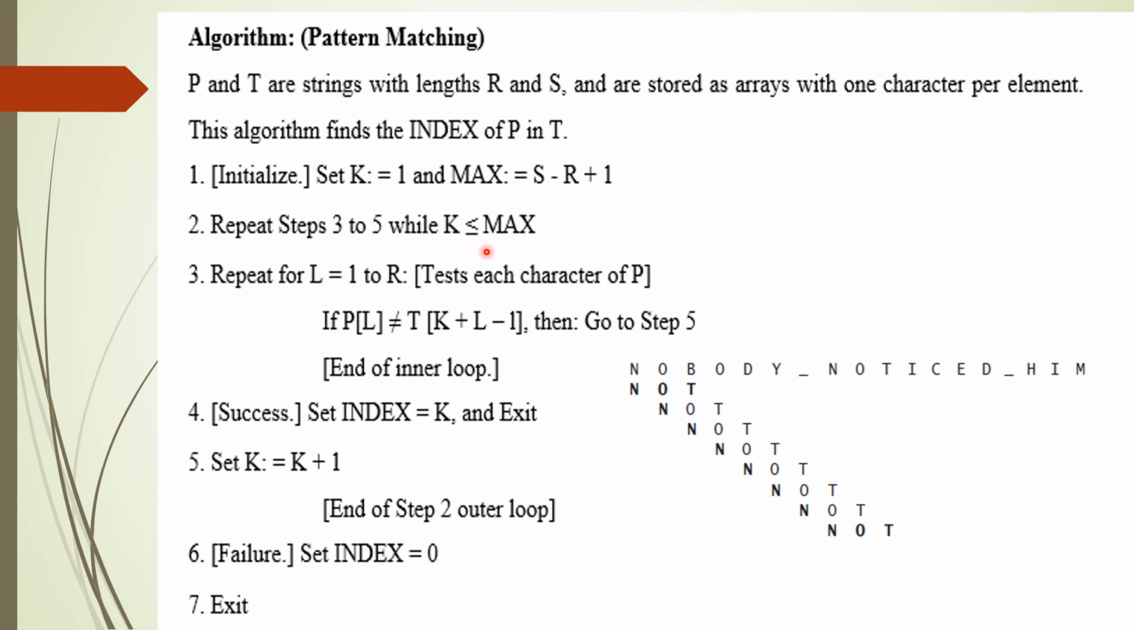Then if k is less than or equal to max, that is the maximum number of comparisons, start with the first character, L equal to 1 to R. You compare the first character of the pattern with the corresponding character in the text. If the first character of the pattern is not equal to the character in the text, then you go to step 5 and increment the k value by 1, that is, move the pattern one position right towards the text. If there is a match, then